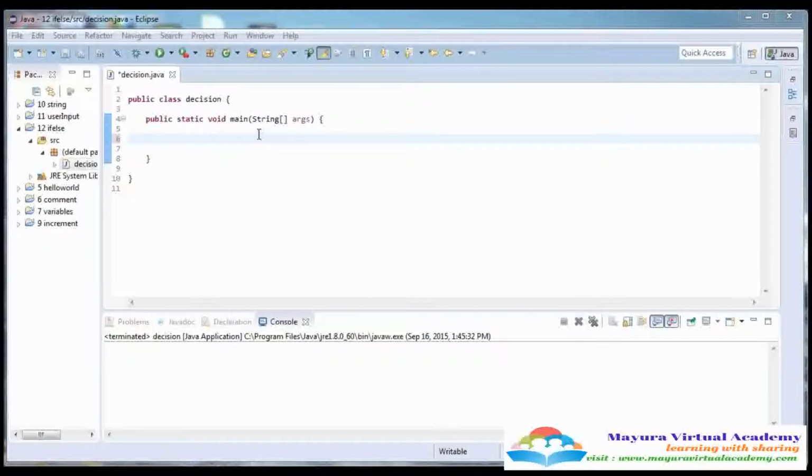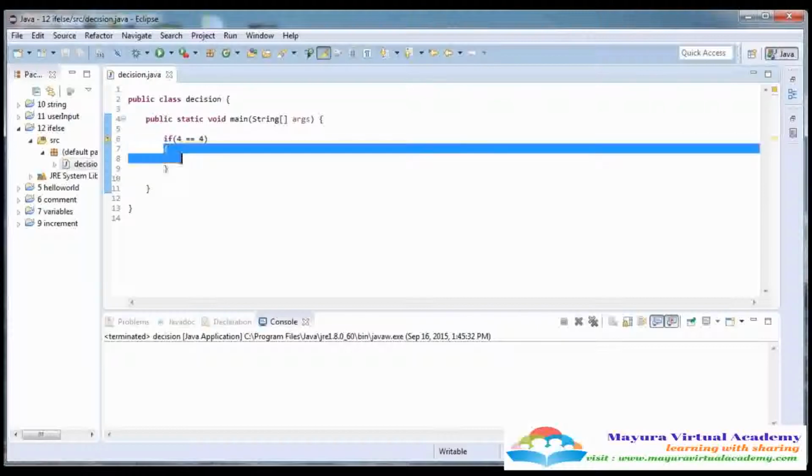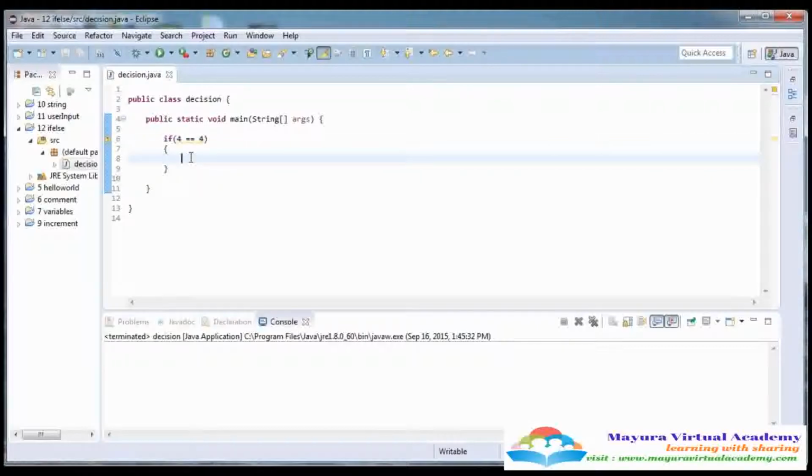So now here I'm gonna create the if else condition. First of all, write the if, then the parentheses, and then brackets. Here are the brackets, and then save it. And now in between these parentheses we need to write the condition. Here is the condition. I'm going to write a simple condition: if 4 is equal to 4, then the code which we write in these brackets will